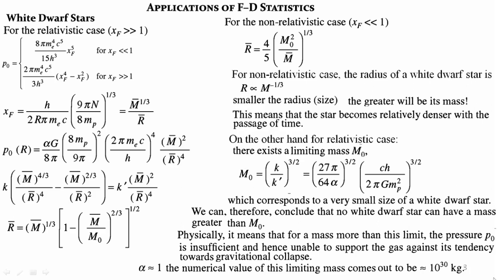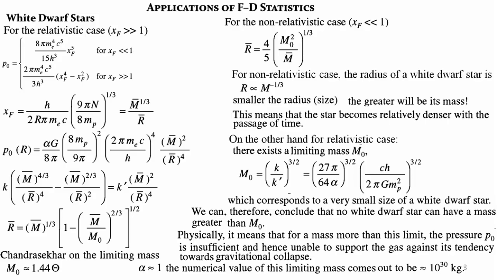this number turns out to be close to 10 to the power 30 kg. And that is why most of the white dwarf stars have their mass around 10 to the power 30 kg. If it is greater than that, what will happen? Gravitational collapse. So Chandrasekhar worked out in more detail how to obtain this m naught, and what he found is that m naught is actually equal to 1.44 times this one. This is actually nothing but the solar mass of our sun, which is